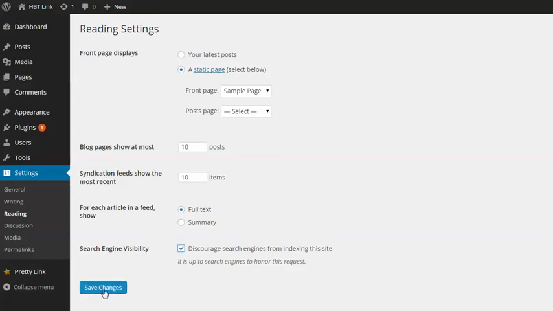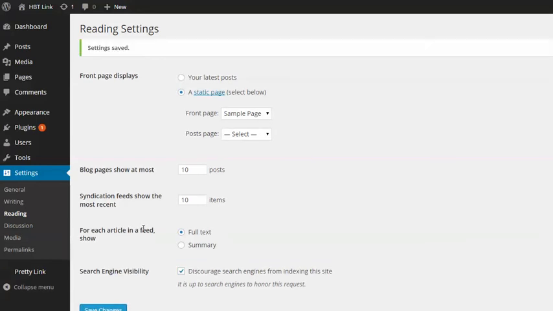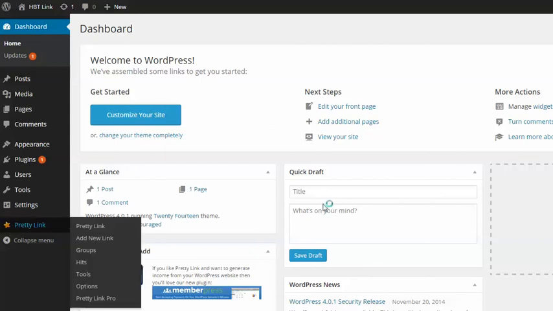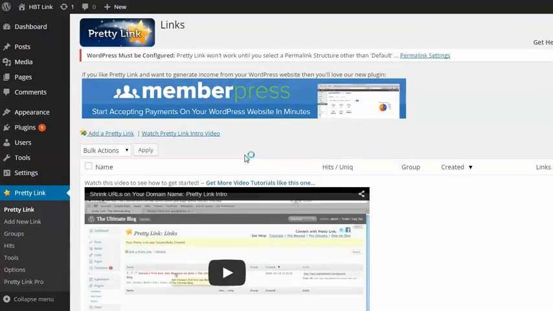nofollow links when I'm within the Pretty Link plugin as well, but I don't see any need to get Google all up in an angry mess just for these little tracking links here. There's no need for them to search all that or to follow those links anyway. So now what I'll do is I'll go into the Pretty Link plugin, and the first thing I like to